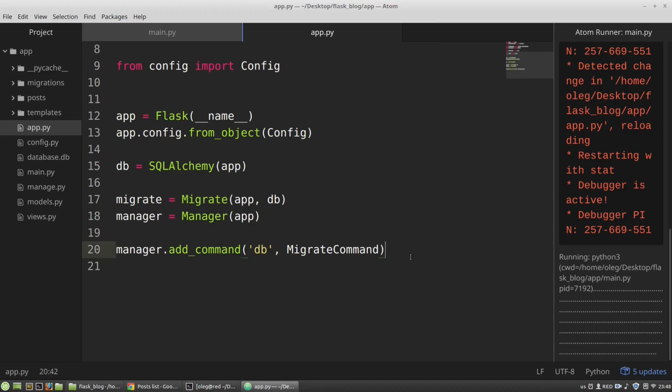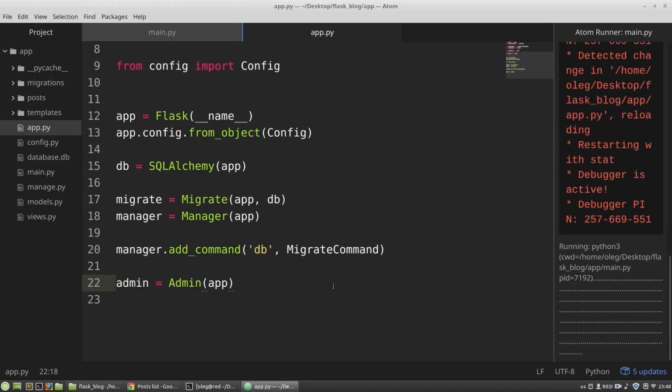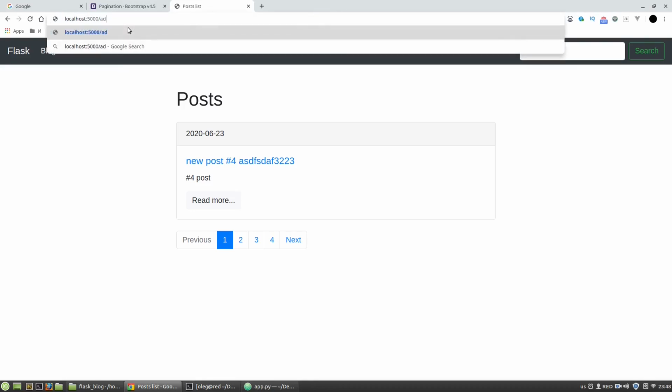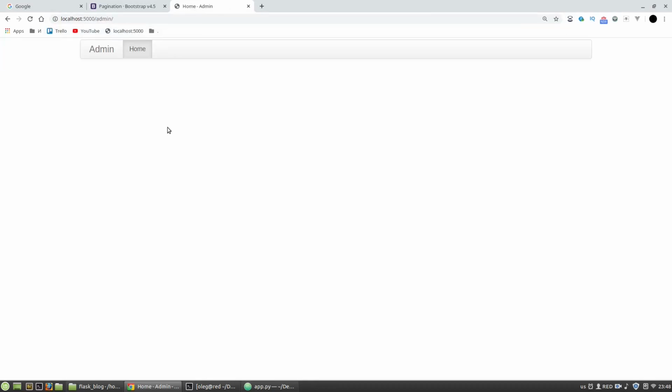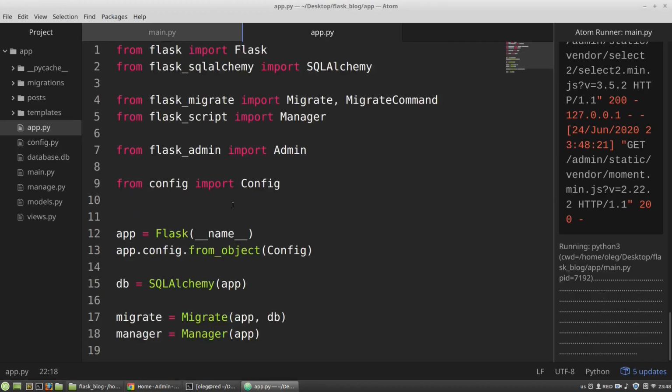So somewhere here. And we can look at it. Admin. And it's working, but it's empty. I need to import here all modules I've created. So I want to import here the module view class